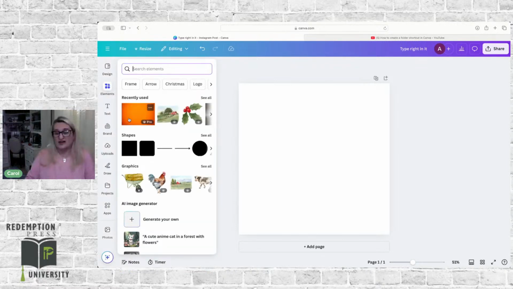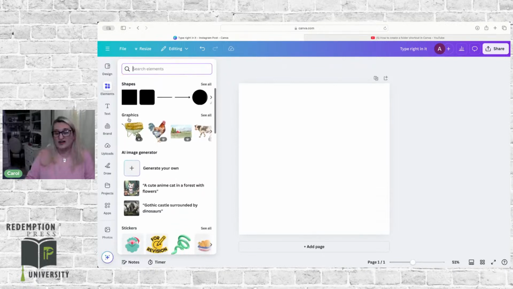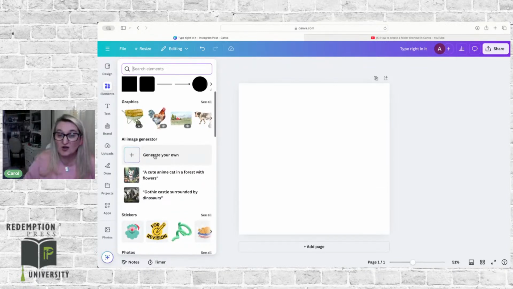All right, in elements, go back, get rid of that. Within the elements as well, you have a generate your own. This part isn't necessarily brand new, but the brand new part is they're now partnered with Leonardo, which is a huge AI system that has amazing graphics. And so now Canva has partnered with them, so the graphics they're generating are so much better. And we will walk through some AI tools in the next few sessions. When you click generate your own,